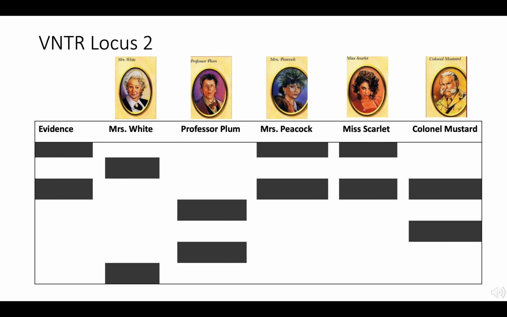Now this is the second gel diagram that had the VNTR locus 2 amplified. Here it can be seen that anyone who was previously excluded stayed excluded. This included even Miss Peacock, whose alleles at this locus match the evidence, but all of the loci on every allele must match the evidence in order to not be excluded. Professor Plum can now be excluded since he doesn't match, but Miss Scarlet still cannot be excluded because she does match.